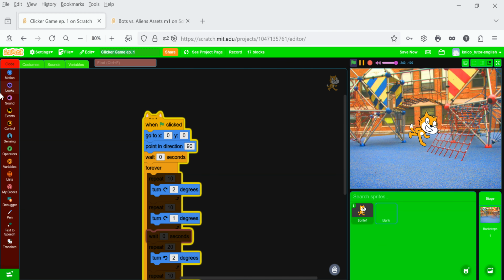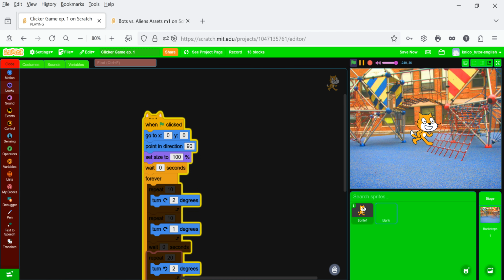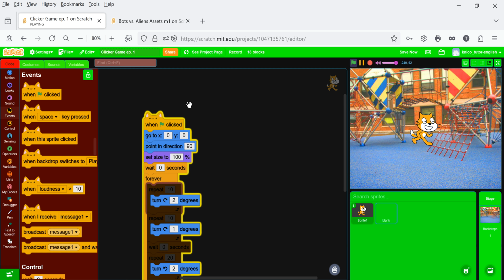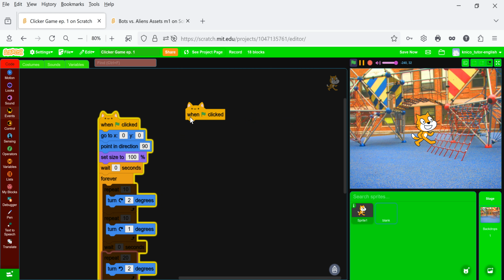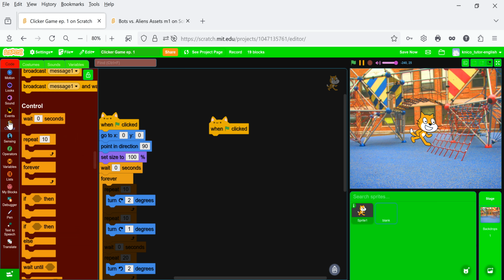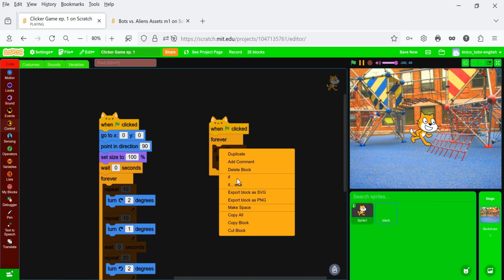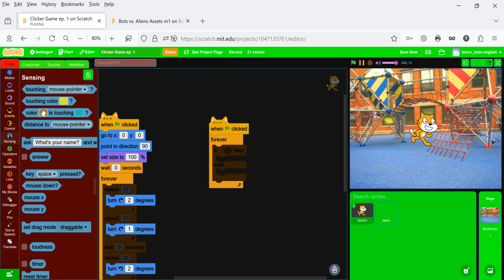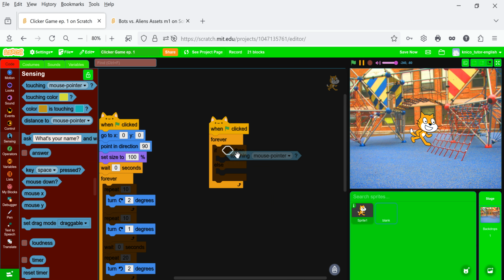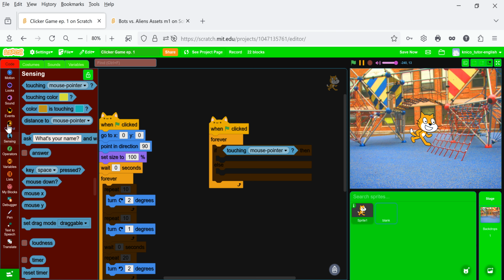At first, up here we set size 100, and then we need a new when green flag clicked block. And forever we check if else, if touching mouse pointer. If that's true,